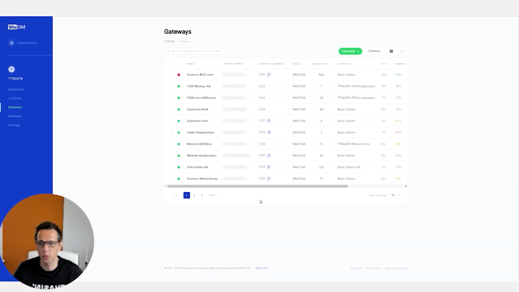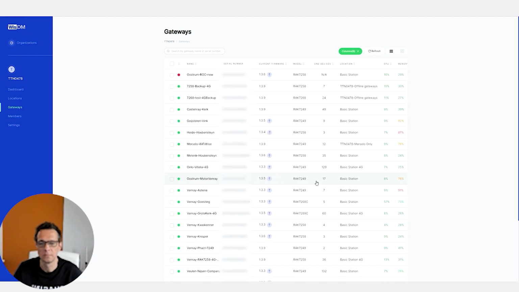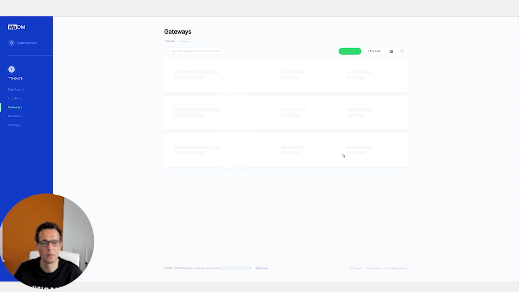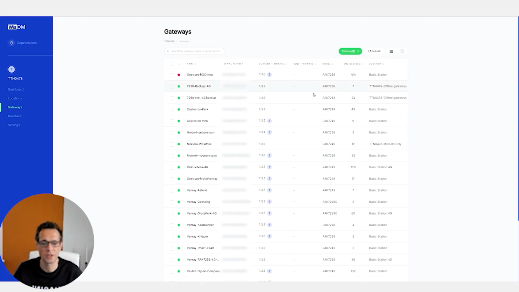Back to my gateways. On the left side, you can see the names of the gateway, serial numbers, if it's online or offline, the current firmware, the model, which location it's belonging to, CPU and memory. You can also set an extra field, send firmware, but I have normally